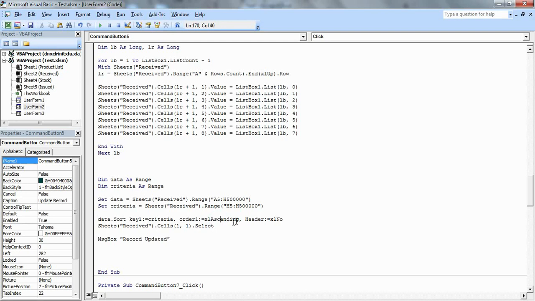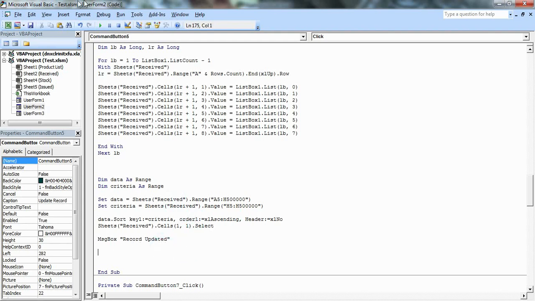Header: no header, because I started my data from A5 and I have given the reference also A5, so there is no header, so I write xlNo. And then after doing all this, I just write this sheet receive dot Cells(1, 1) dot Select, meaning column 1 and row 1 will be selected after sorting out the data, and message box Record updated.